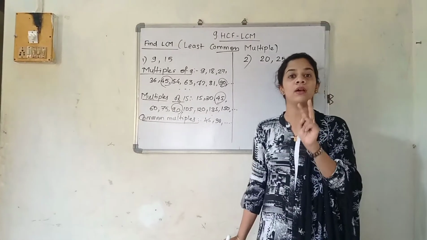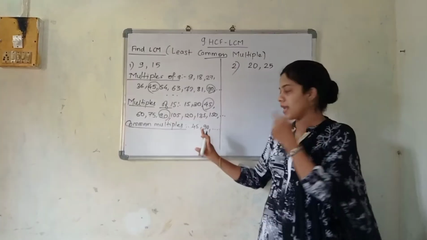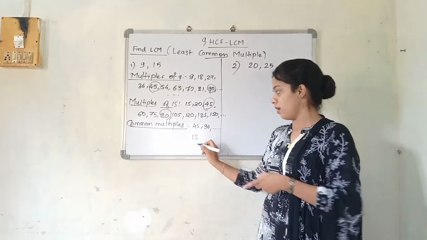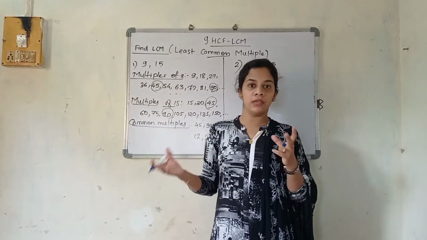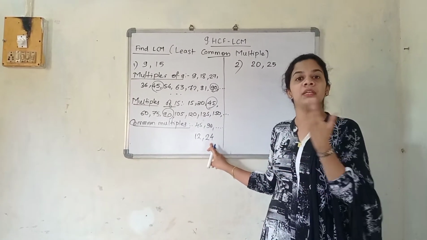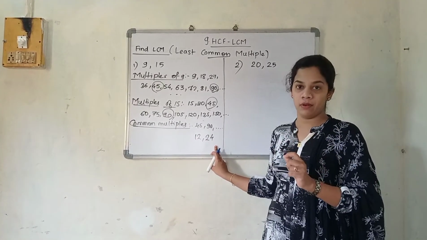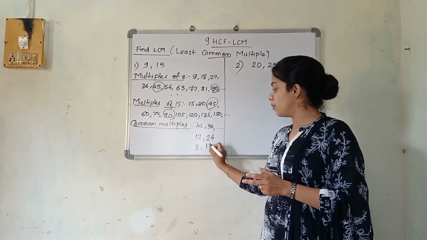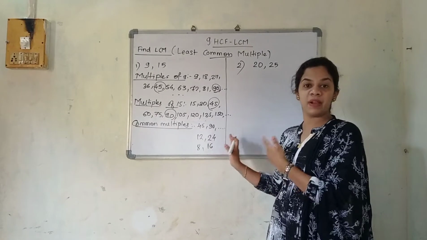For your sake, just find out two numbers. Always remember, whatever you find as the first number, the next number will always be double of it. For example, if it was 12 here, the next multiple will be 24. If by chance the numbers are big and you don't find the multiples, by your common sense just write down that the next common multiple will be double of it. If it is 8, the next will be 16. If it is 16, the next will be 32. Always double is the next number.